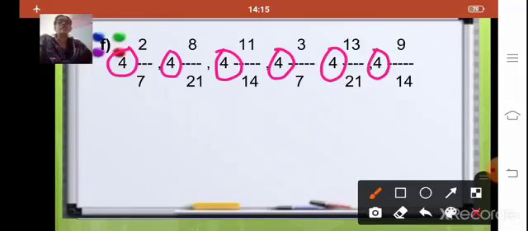You will not convert any of the mixed fractions to improper fractions. Only if your whole number is different, or if your quotient is different, you will convert the fraction to an improper fraction. Okay. So here you can just ignore the whole number and take only the fractions.